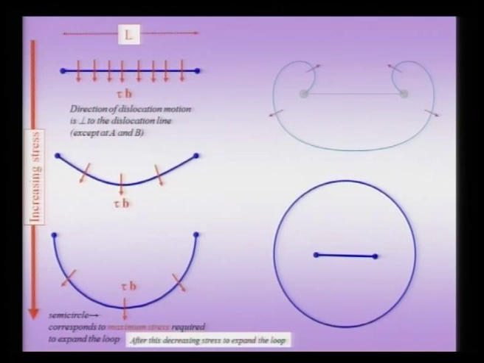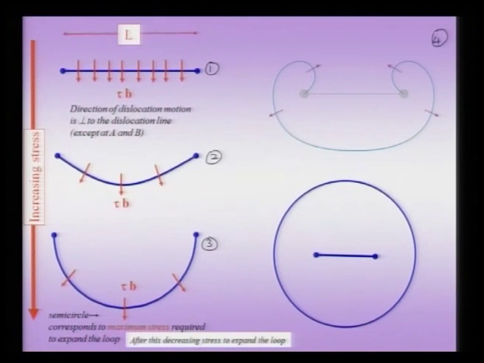The upper limit for this radius would be the radius wherein this becomes a semicircle. The entire process starting from figure, for instance, this point 1 to 2 to 3 will take place uphill in stress, because I am increasing the dislocation line and therefore I have to counteract it with my applied stress. Therefore, I need to apply an additional stress to cause this semicircle. But beyond this semicircle, now if I look at figure 4,